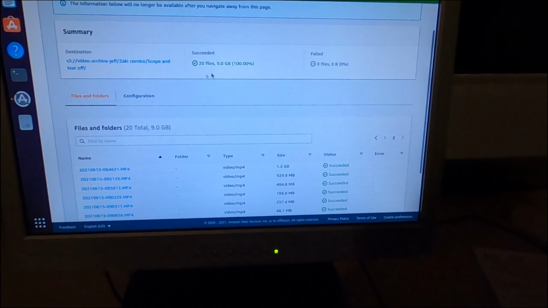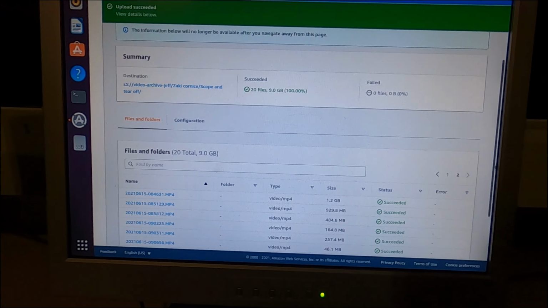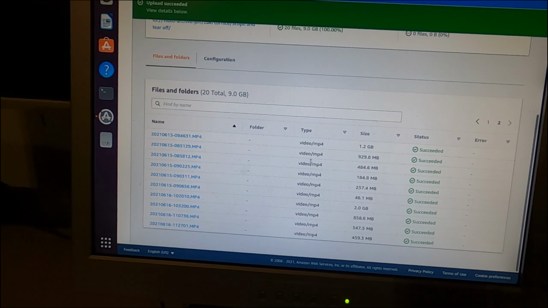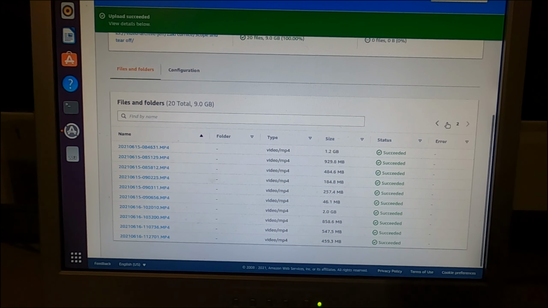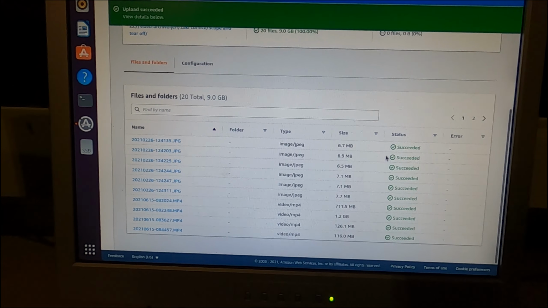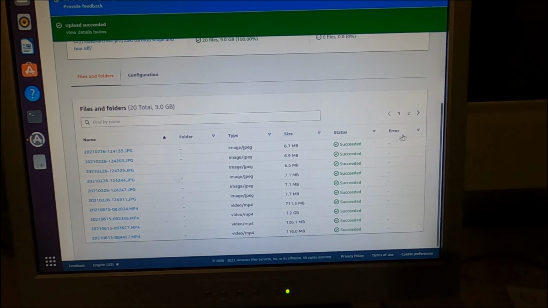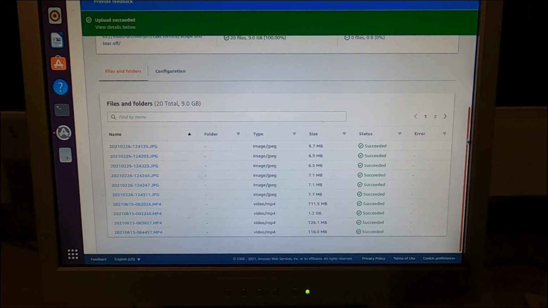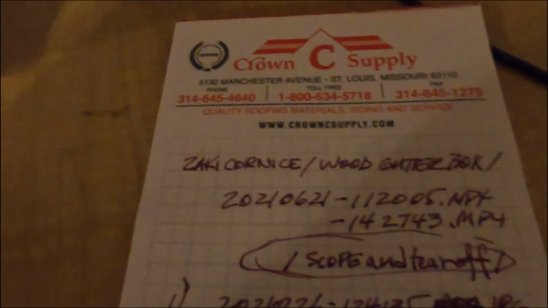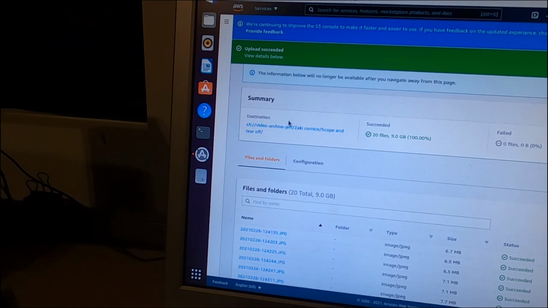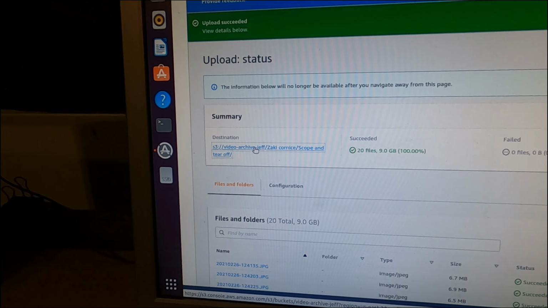And there were already 3 JPEGs in that folder. So it knew from a session that I aborted that these 3 JPEGs were in there. So let's go to the next folder, in which is wood gutter box, and there's 2 MP4 files in there. Click on that,